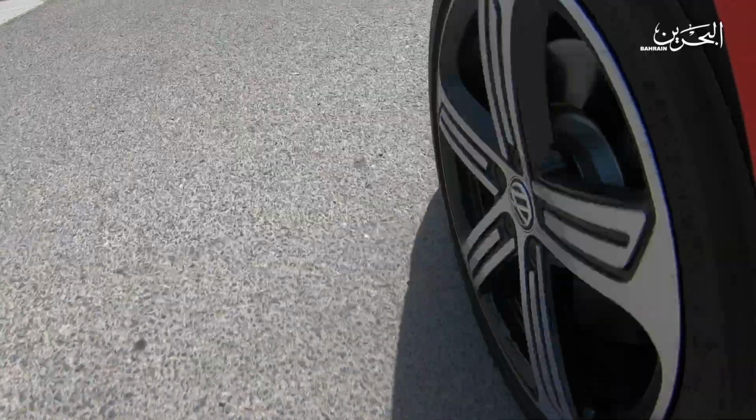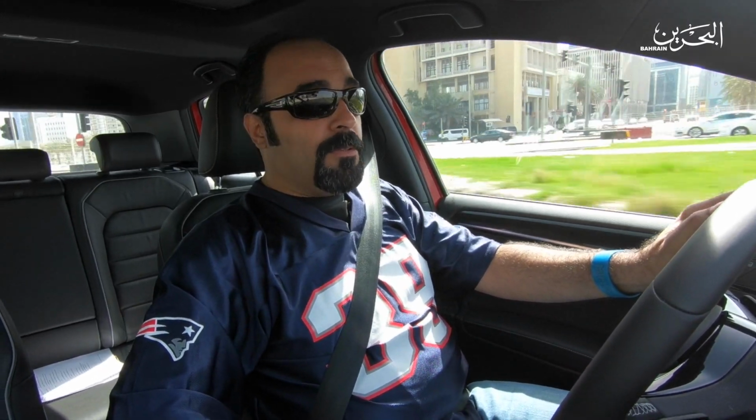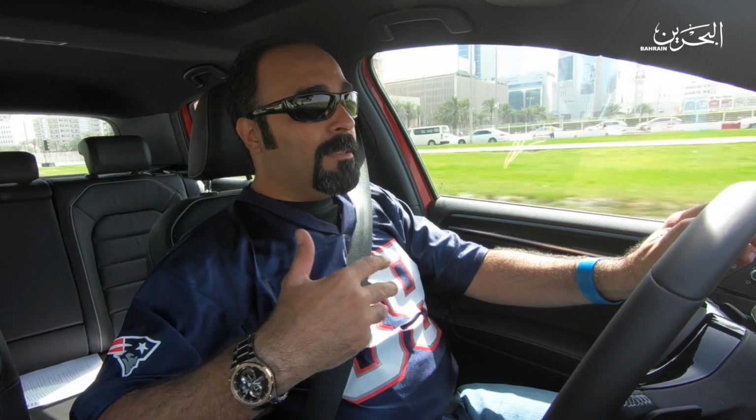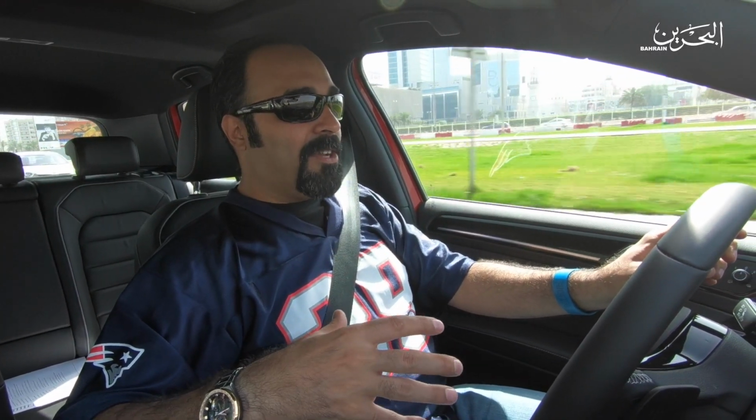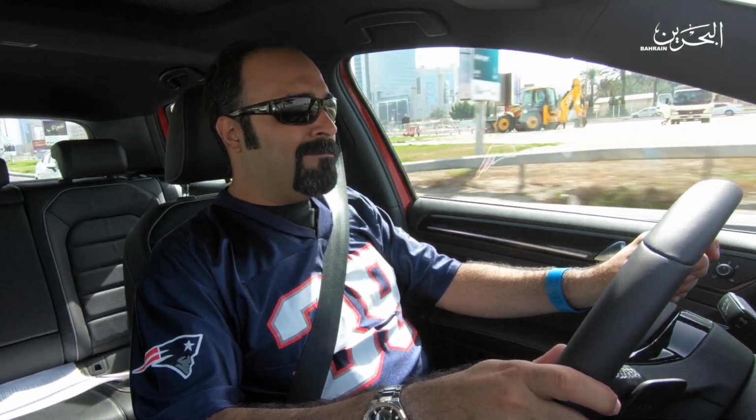You can enjoy it. It's practical. You can go shopping. You can have your kids in the back. And the most important thing, like I said, this car is a sleeper. It looks normal. It acts normal, but with a press of a button, it changes. Going to race mode right now. Sound change. The car is ready to engage, and